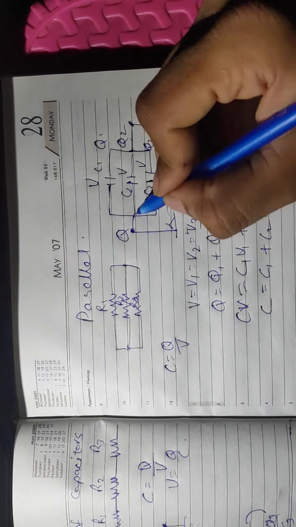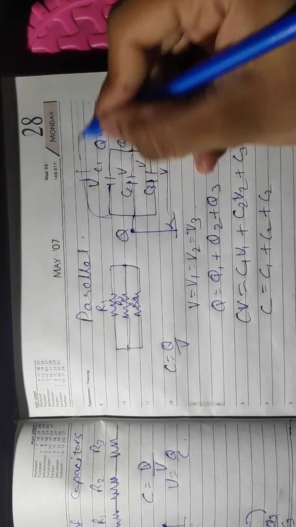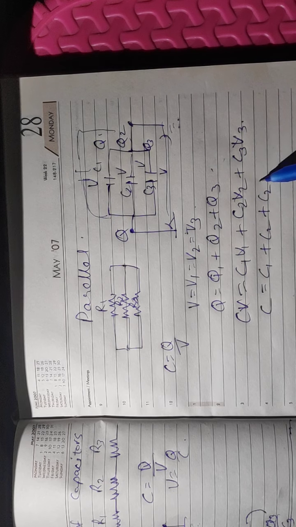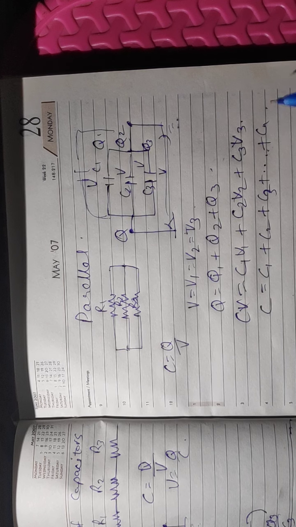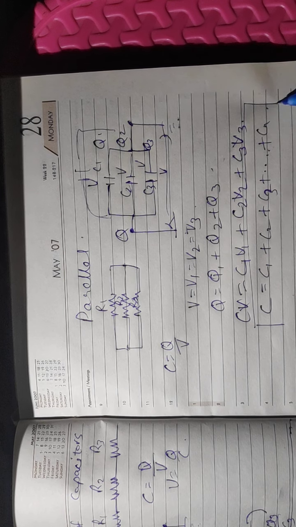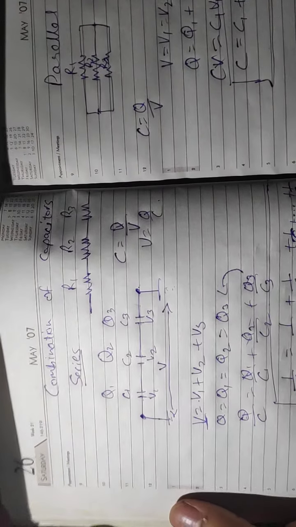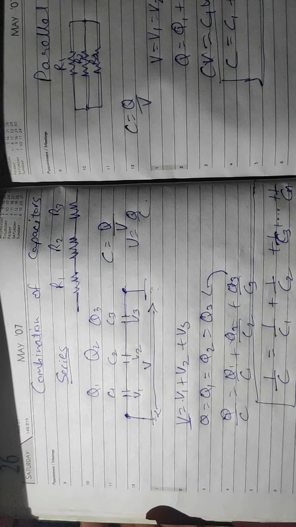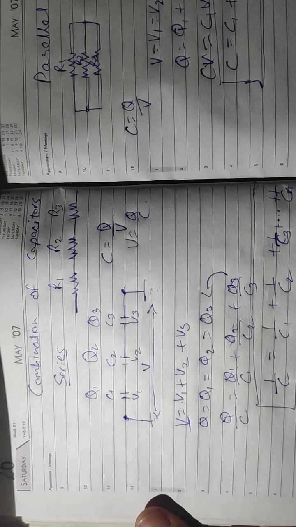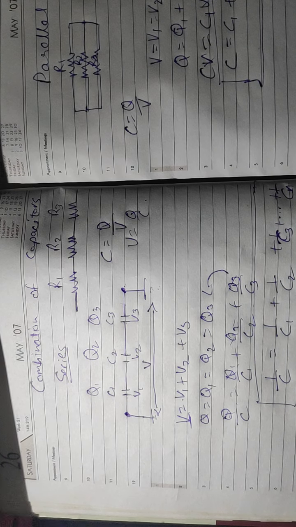Now if I add n number of capacitors in parallel like this, then the answer will go up to Cn. So this will be the answer for the parallel combination of capacitors, and the earlier one is the answer for capacitors in series. You can understand that this is the opposite of resistance, what you have studied in standard 10. Okay, thank you students.